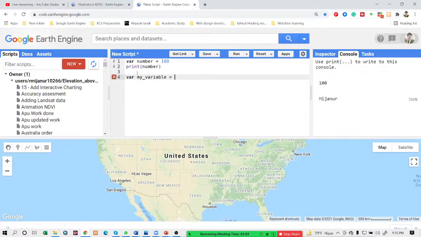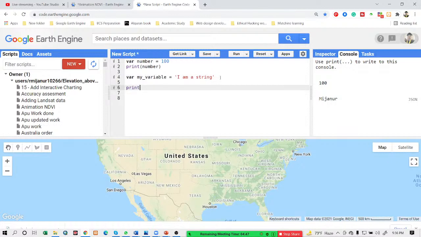When you use the underscore it will be okay. Suppose I want to make another variable, I can put here I am a string. So this is a string, so that's why we use here the single quote or double quote on two sides, then it will work, otherwise it will not work.